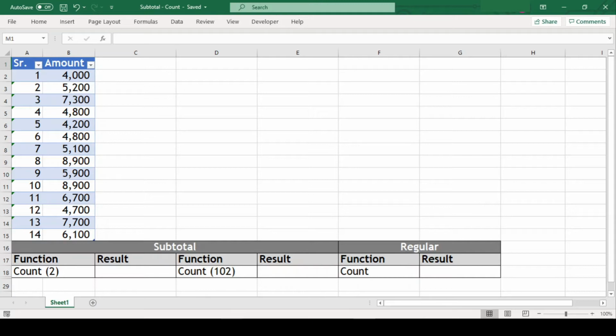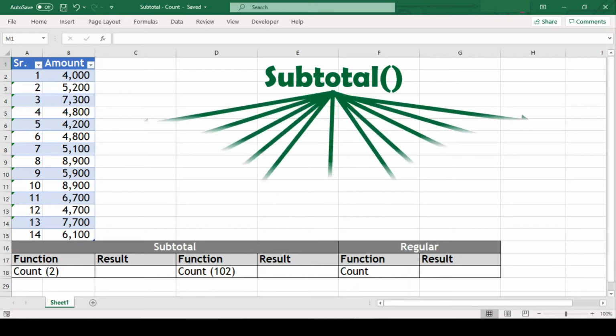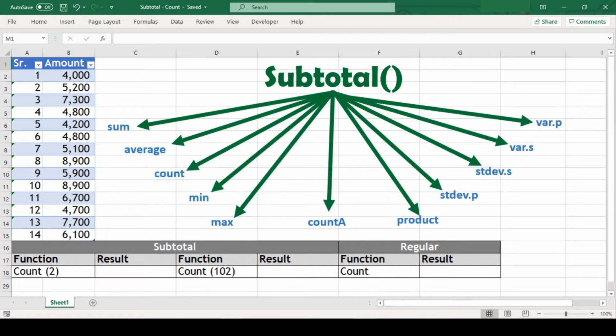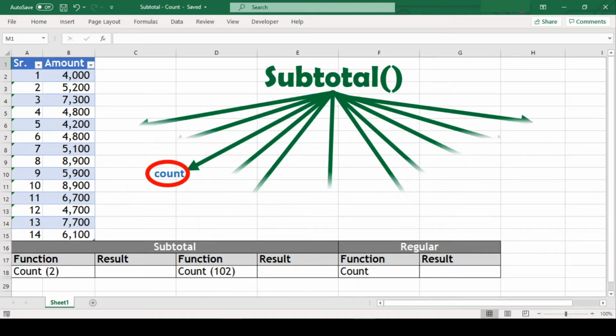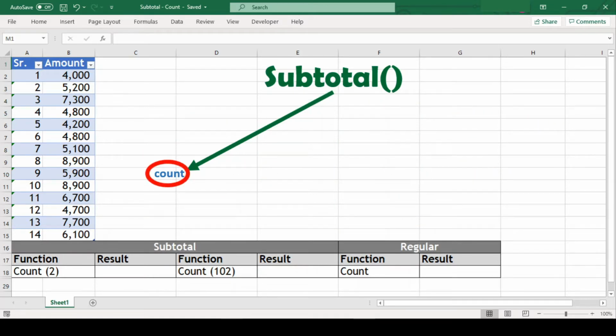In this video, we will learn about the subtotal function in Excel. You might think it to be somewhat like the sum of selected values, but the subtotal function is capable of much more. Apart from its ability to return a sum, it can also give us average, count, max, and several other results. But today, we will specifically focus on count and understand this function with examples in this video. So stay tuned.